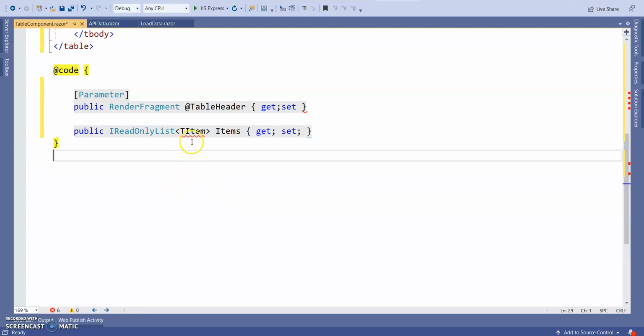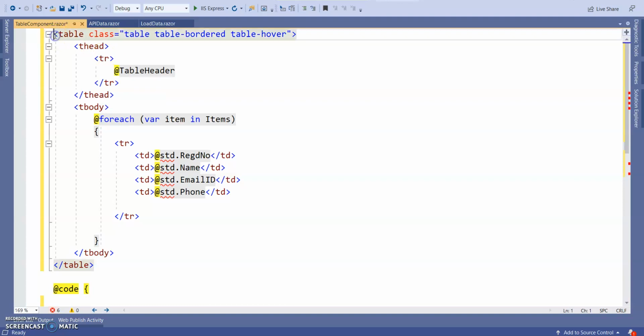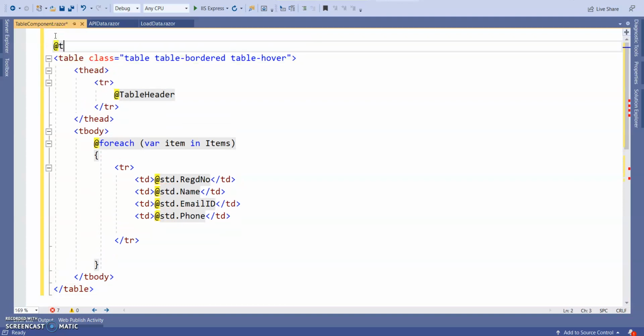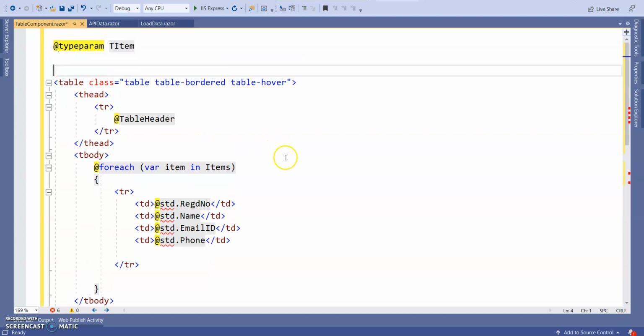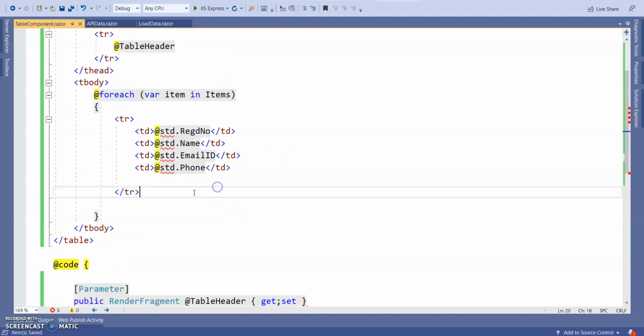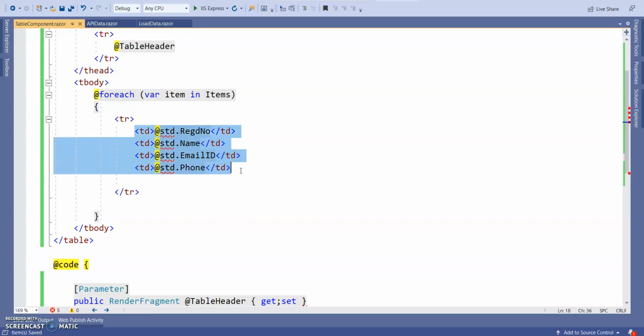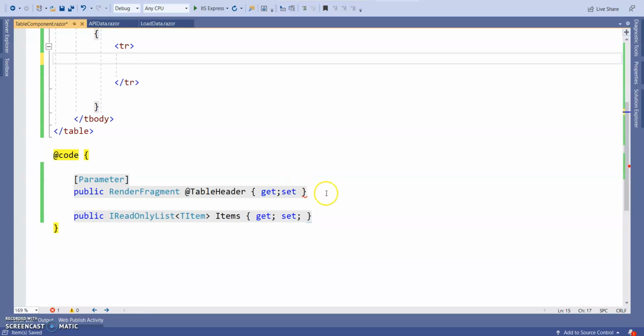So the system needs to know what this TItem is. So for this TItem we are going to go to the top here, declare TypeParam TItem. Okay, next we need, this data will come from the calling page.